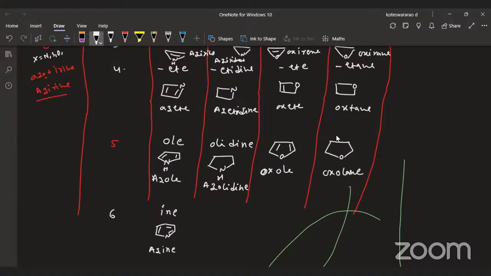Azine. If it is saturated, you take the piperidine is the common name. Now, azinane. Right. If it is the oxygen heterocyclic with unsaturation,